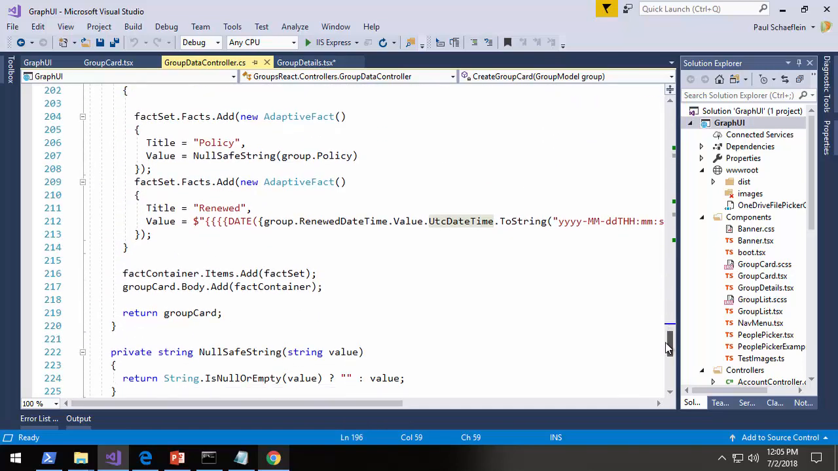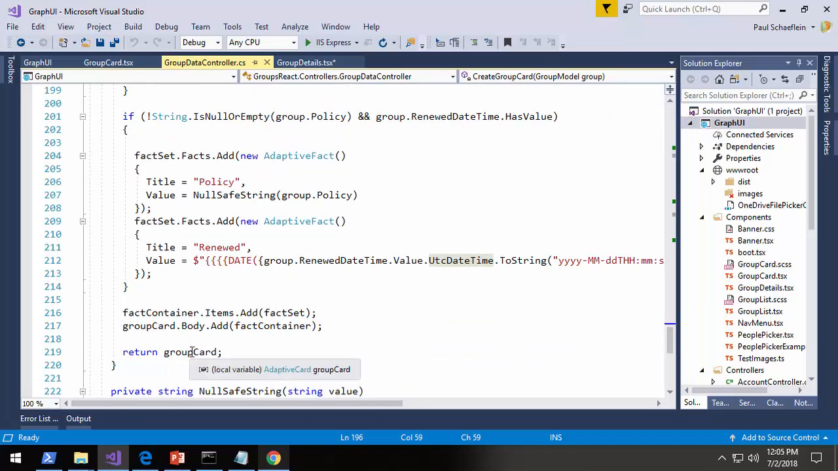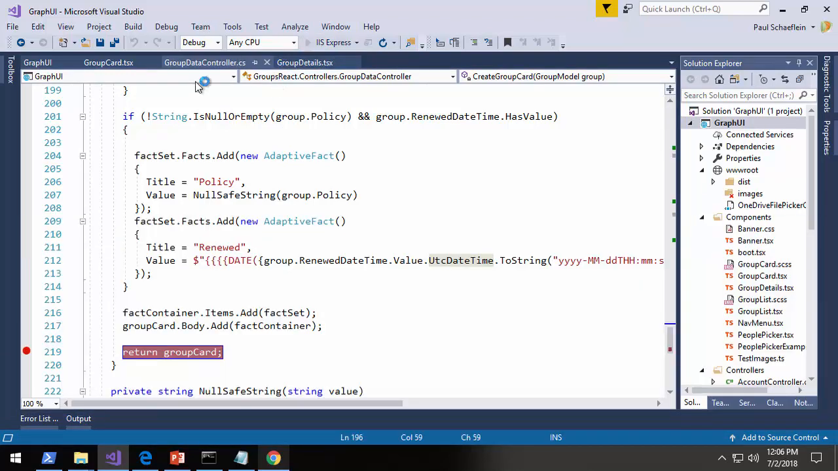I do the same thing under policy if it exists, and so I'm generating this card, and what I end up returning is the group card value. I'm going to set a breakpoint here, and we will then see the values that we end up getting. So we'll start this, and while we let that compile, I'm going to switch over to